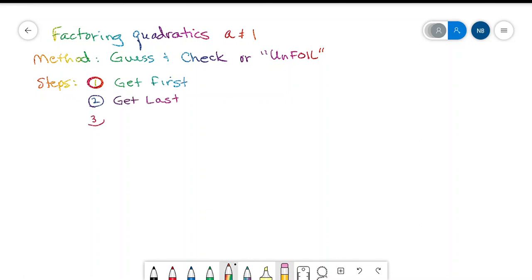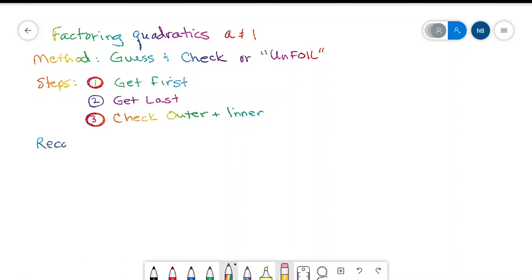And step 3, I call check, outer plus inner. If your first educated guesses don't work, then of course you have to try different guesses, which starts the 3 steps over again. So before we start, let's review